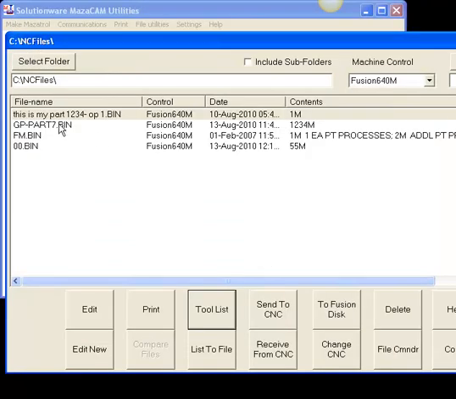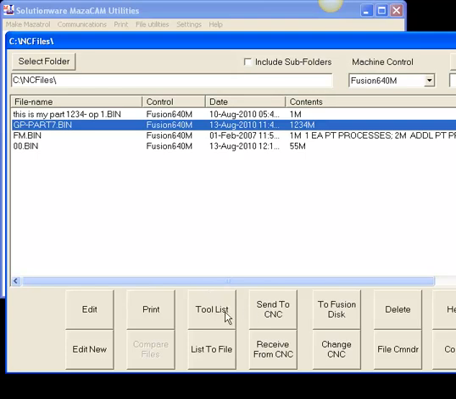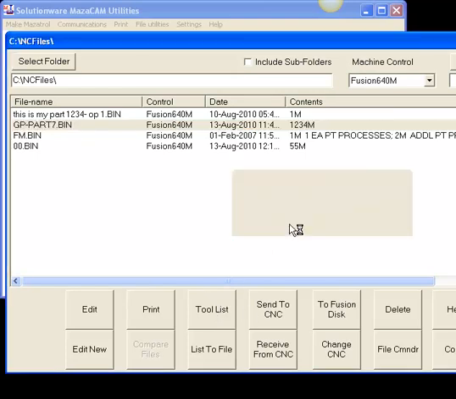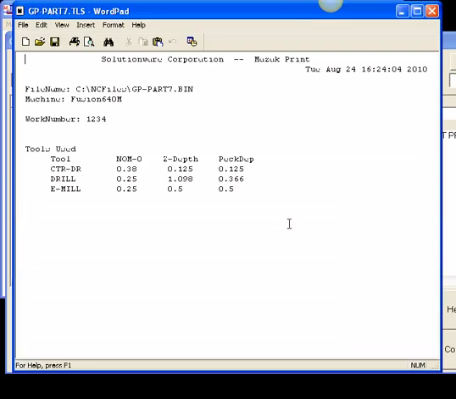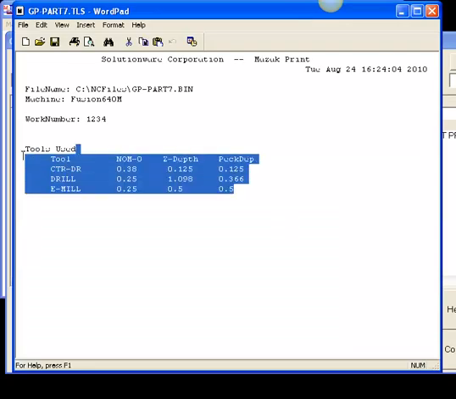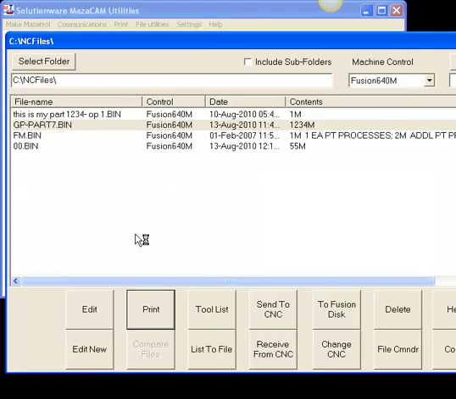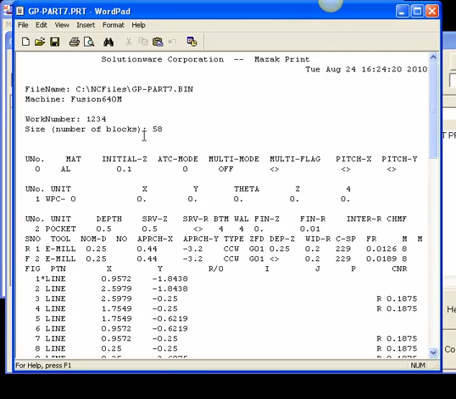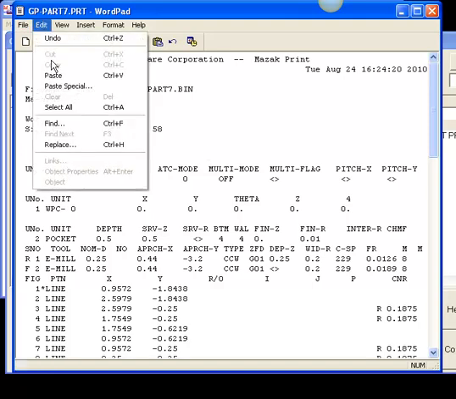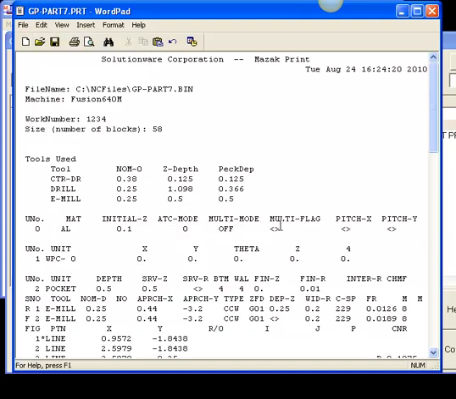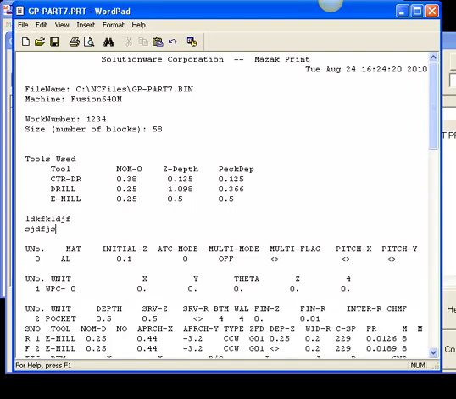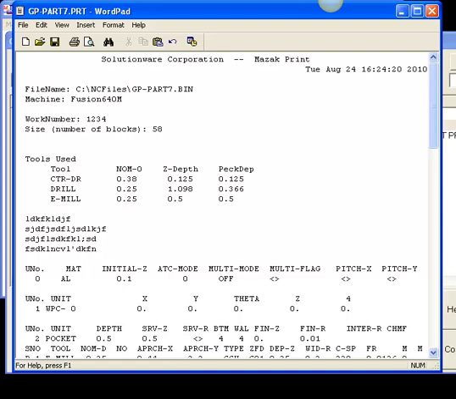Here, let's look at part number 7 here. Do a tool list. So this one did have a tool list. So what I'll do is I'll take that one, edit, copy, and then I'll go to that folder program again, do print, and what it does is it converts that MaserTrol program into a text file. So now I can go into the text file and paste. Hit enter, a couple of spaces, and then you can type in tool information, clamp information, and so forth.